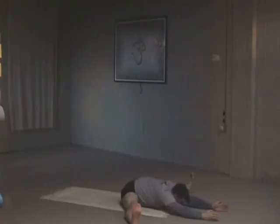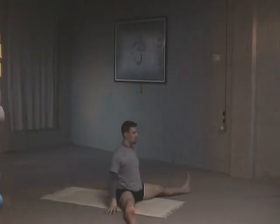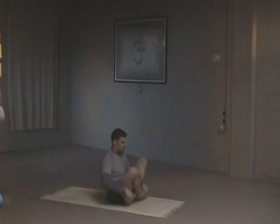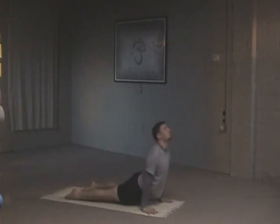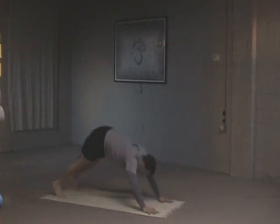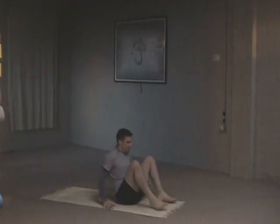Breathing deeply. Inhale, raise up. Exhale, release. Cross the feet, hands onto the floor, and hop back. Inhale, up dog. Exhale to downward facing dog. Inhale, moving forward. And lie back